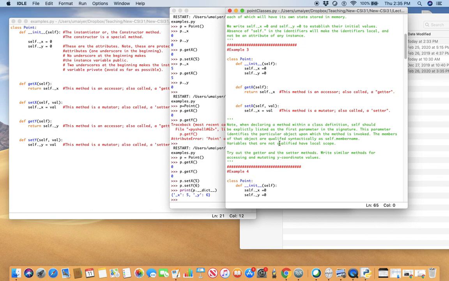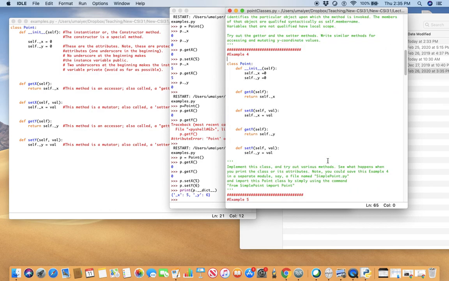Variables that are not qualified have local scope. Okay, try out the getter and setter methods, write similar methods for accessing and mutating y coordinates. Okay,